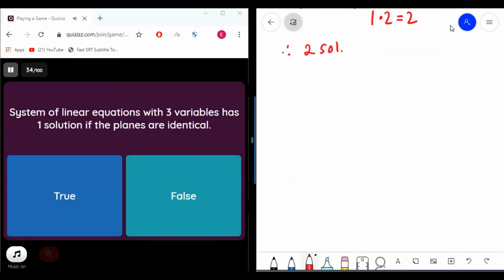Number 34. A system of linear equations with 3 variables has 1 solution if the planes are identical. Okay, this is one of the topics in the Form 4 new syllabus. I actually explained in detail in my video on Gaussian elimination, so I will just explain briefly here. The system will have only 1 solution if the planes intersect at only 1 unique point. But if the planes are identical, meaning the functions are the same, the system will have an infinite number of solutions because the planes are stacking on each other. The statement is